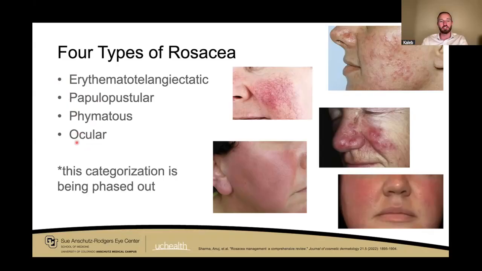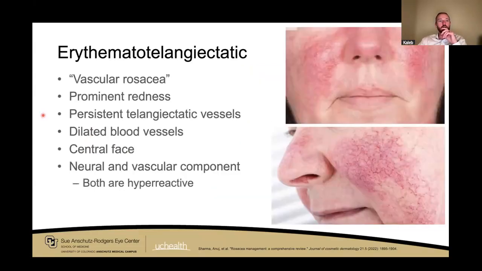And then there's ocular, which was considered the fourth type, but this is starting to be phased out because we now realize you can have ocular with any of these types of facial rosacea or on its own. So it doesn't really make sense to call ocular its own distinct type of rosacea and say that there's four types. There's really three facial types and then one ocular type. So the first one we'll talk about is